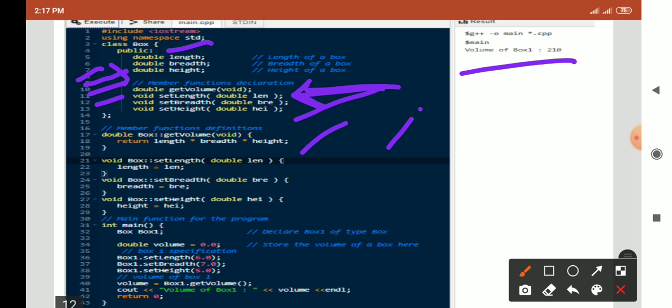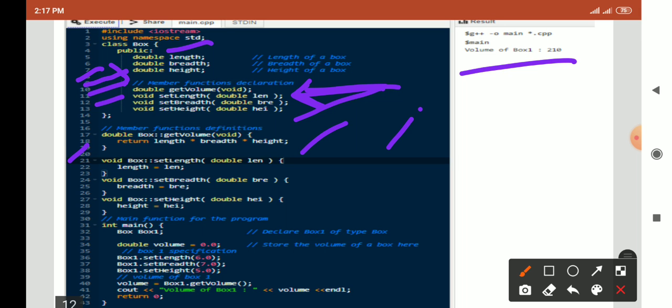Now, for defining a member function, here is the definition of the respective function. The first function is getVolume. In this you first write double, then Box; you have to write the class name here.